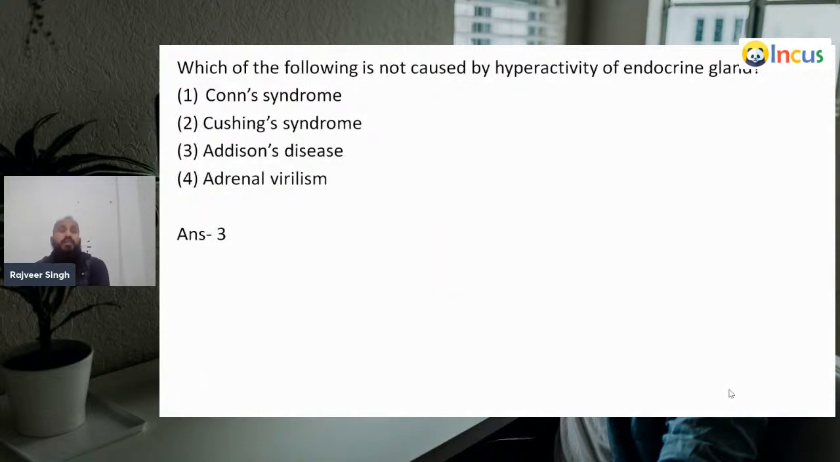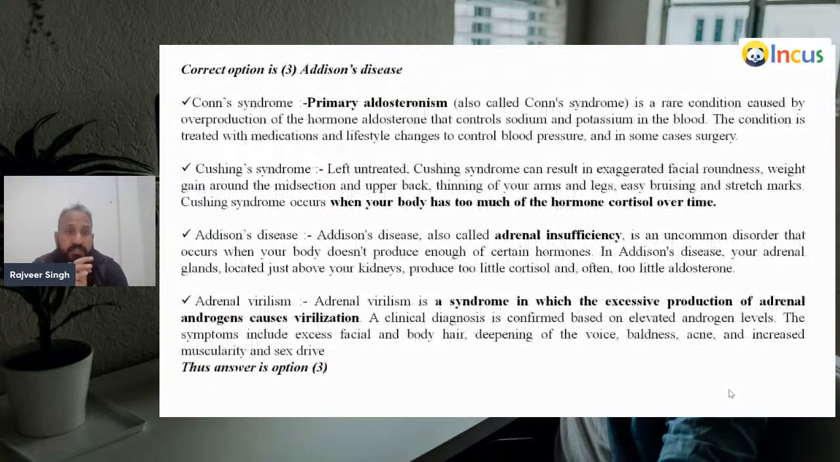Next question: which one of the following is not caused by hyperactivity of endocrine glands? Conn syndrome, Cushing syndrome, Addison disease, adrenal virilism. Yes, the answer will be Addison disease. Because here, Conn syndrome is primary aldosteronism, also called Conn syndrome, a rare condition caused by